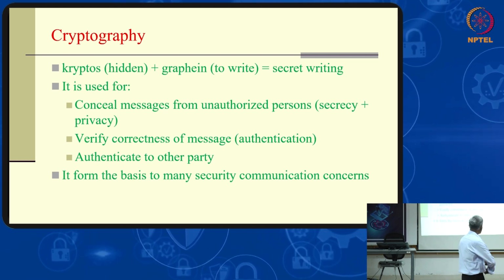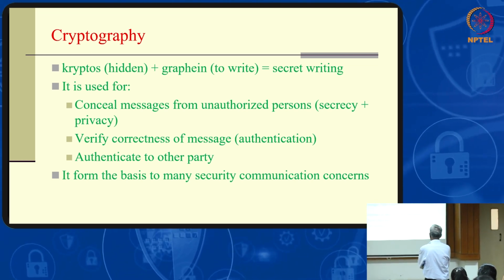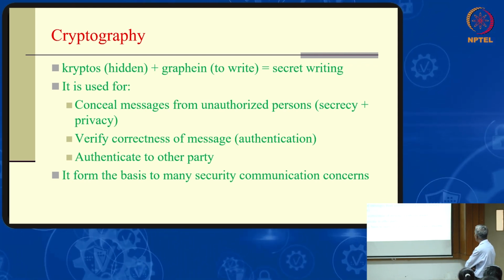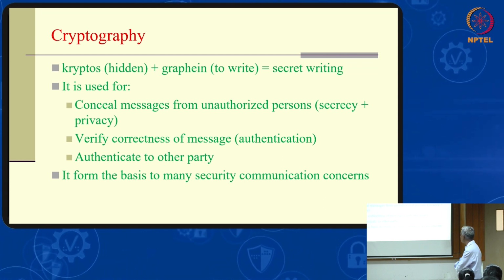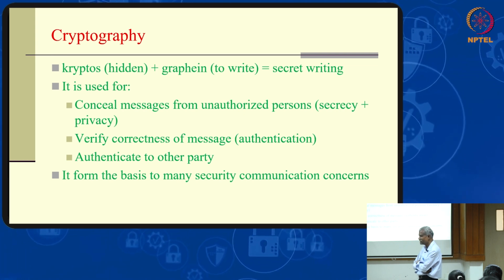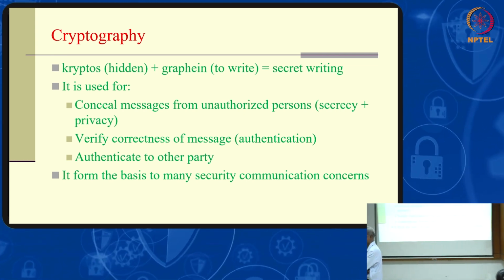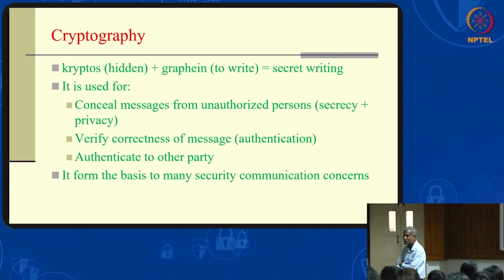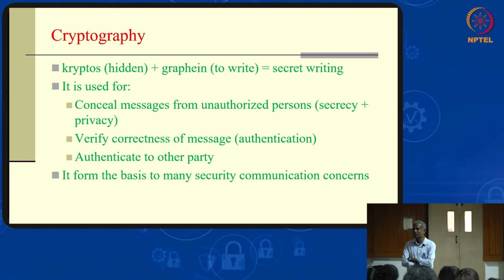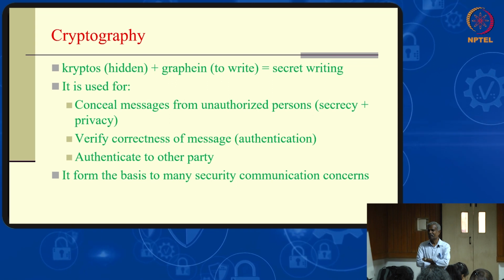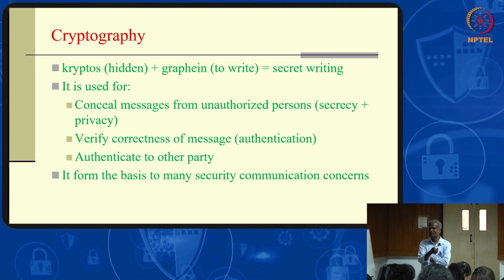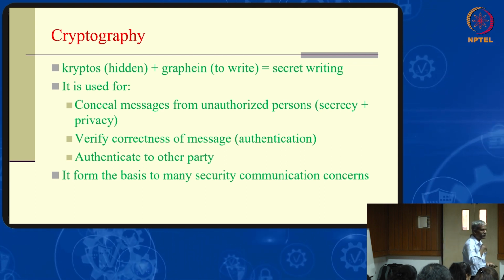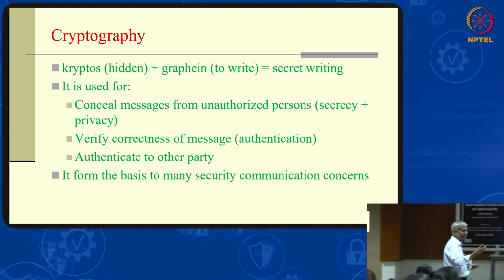The term cryptography was coined from two words, kryptos and graphein, meaning hidden writing, secret writing. So it was made to conceal messages from unauthorized persons. So it maintains secrecy, and not only secrecy, it maintains privacy. You can write letters to your friends in encrypted form. It is maintaining privacy, which means only your friends will be able to decode the message. All the others will see some junk letters. Since you have written some characters, those characters are changed to some other characters, therefore it is not readable.